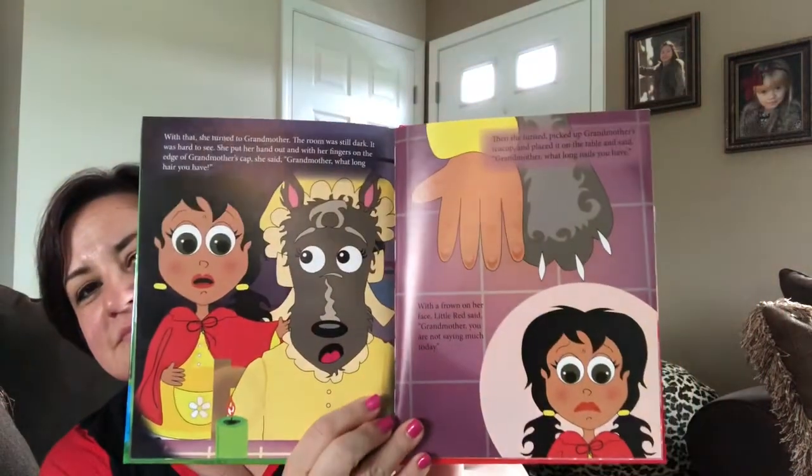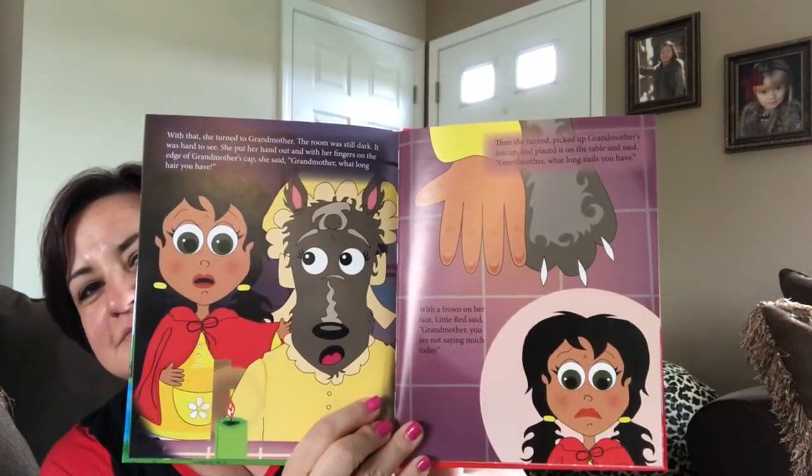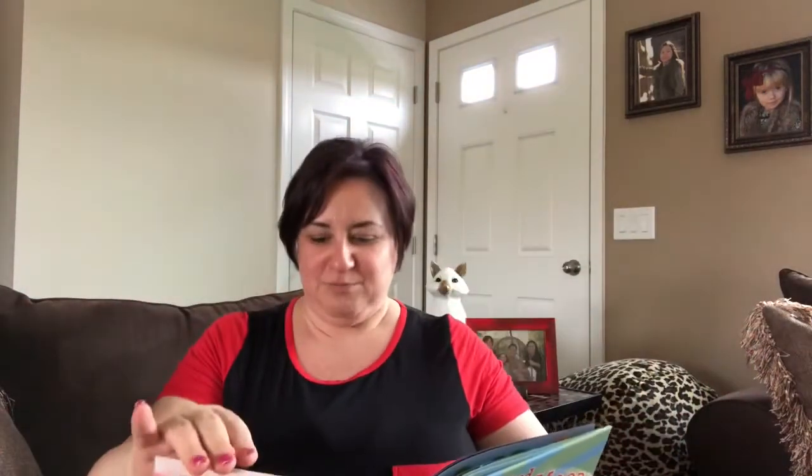With that, she turned to Grandmother. The room was still dark and it was hard to see. She put her hand out and with her fingers on the edge of Grandmother's cap, she said, Grandmother, what long hair you have. Then she turned, picked up Grandmother's teacup and placed it on the table and said, Grandmother, what long nails you have. And with a frown on her face, Little Red said, Grandmother, you are not saying much today. Uh-oh. Look at Red's big eyes. She's like...